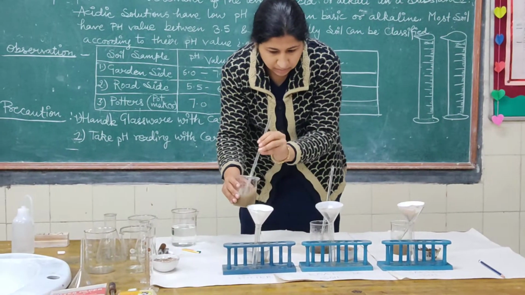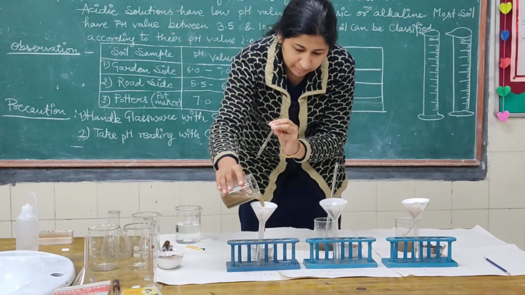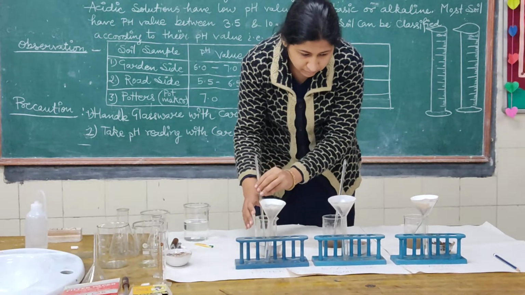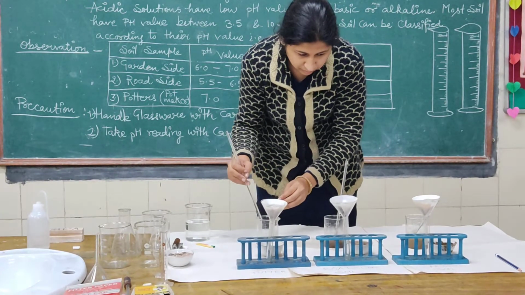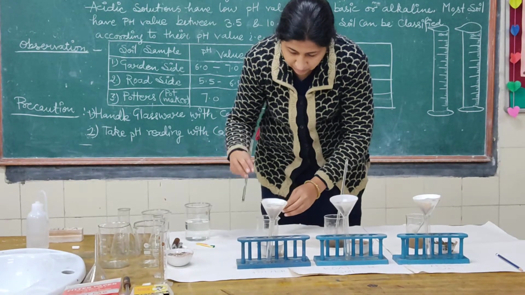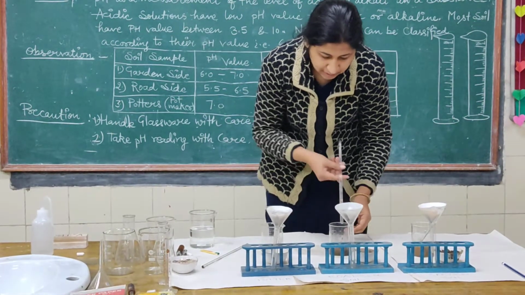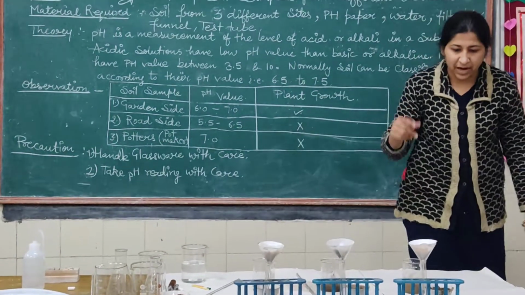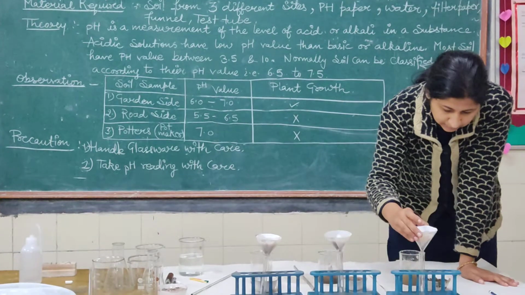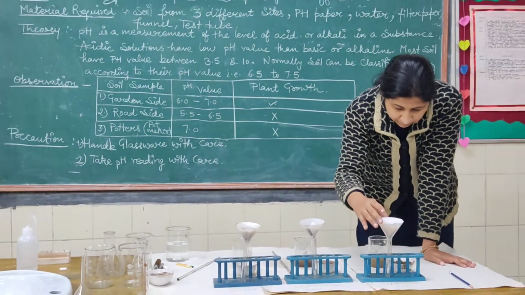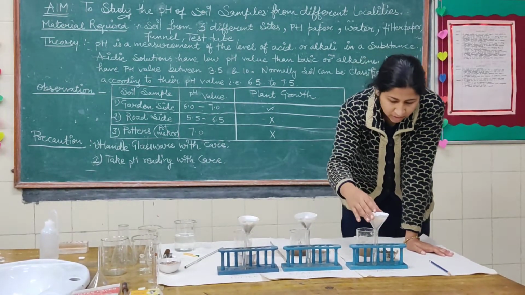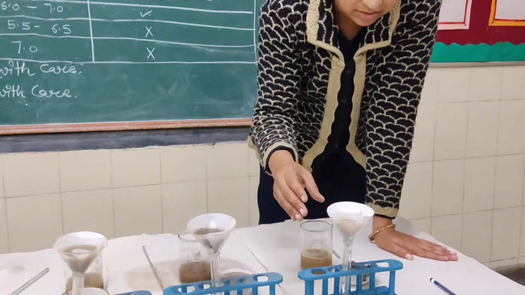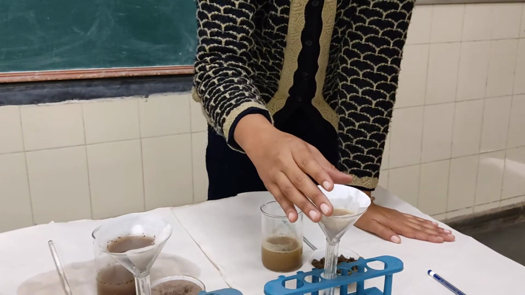And this is our third sample. Here you can see the percolation level also. Water holding capacity you can also see in this practical, but we will perform that practical separately. Because this is our garden side soil, look, the water retention is normal. It is retaining water, and because it is retaining, it is good for your plant growth.